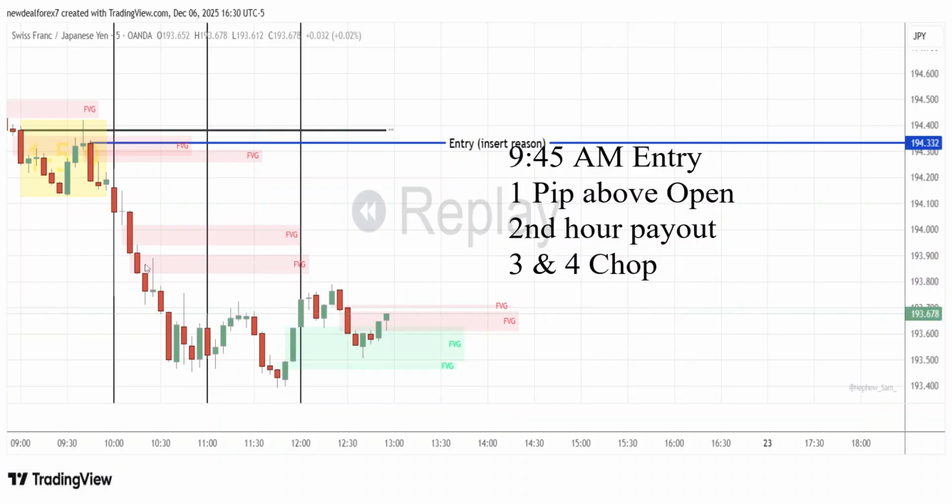Here again, boom, boom, boom, these big spikes. So you'll see fair value gaps being created as well. Might be time to get out. So if hour 2 is giving you these big movements, you might want to go ahead and get out. But if it's slow and steady,